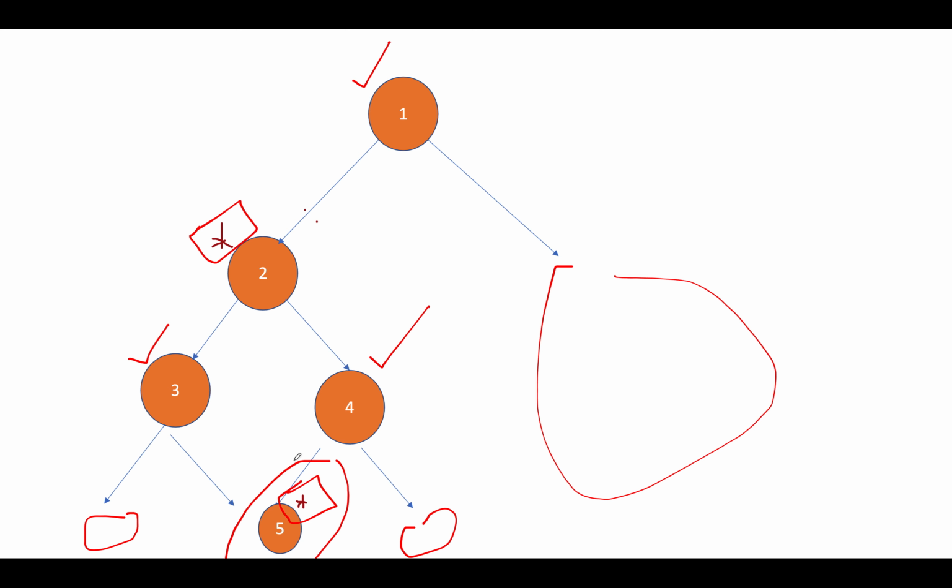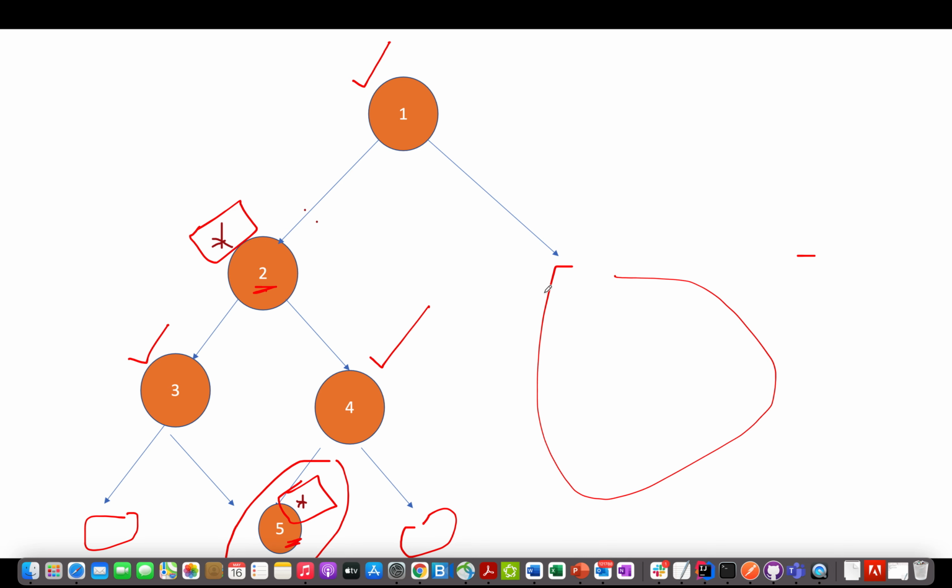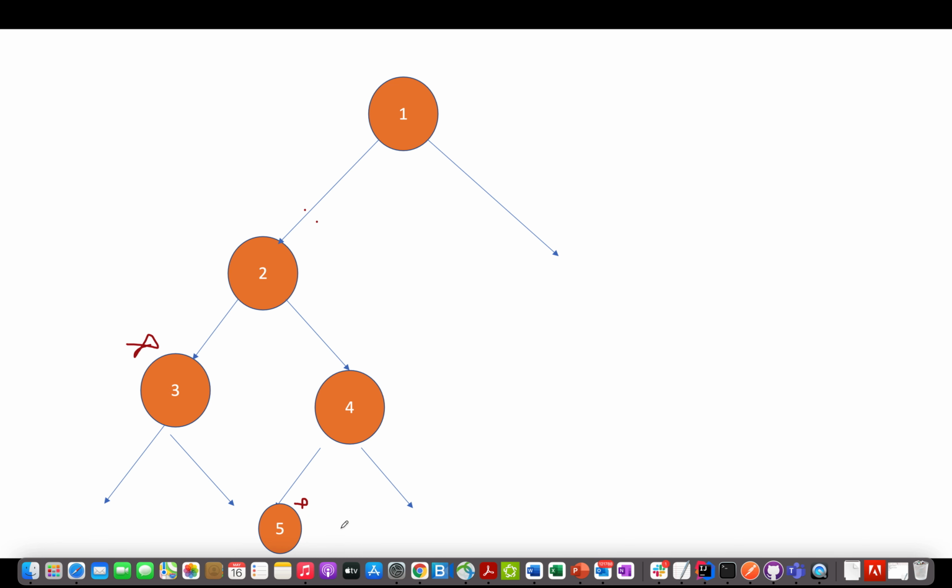Let's assume that. So there are 2 possibilities. You install the camera at this index and this index. In this case, although this node was already covered by this camera, we added a camera at its immediate children. It is also covering the node, but the importance of this node is to cover the complete remaining tree.